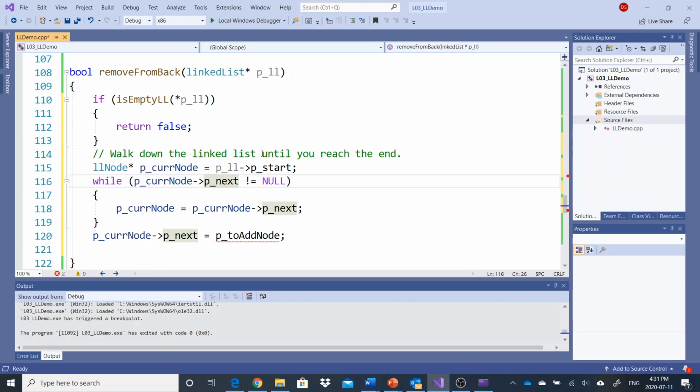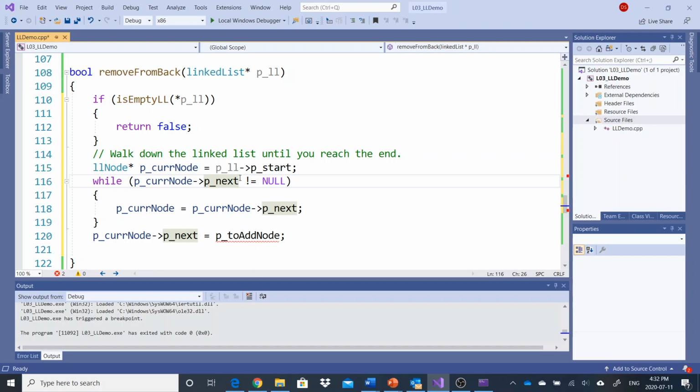I'm going to walk down my linked list one at a time. When I get to the second last element, I'm going to stop. I can only know if I'm at the second last element if I check if the next has a next. So I walk down my linked list and I check to see if the next to the next